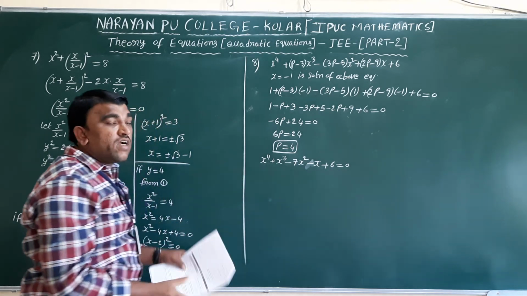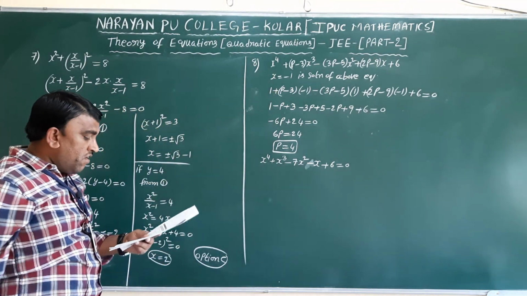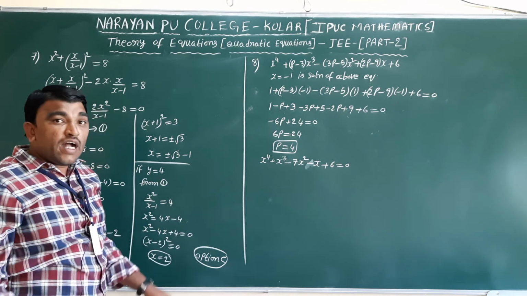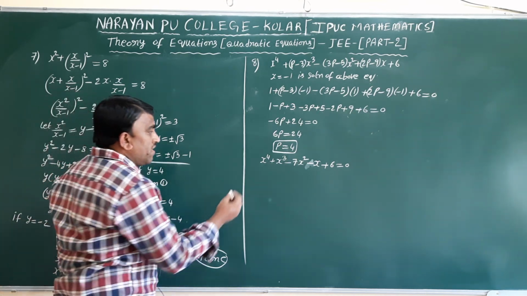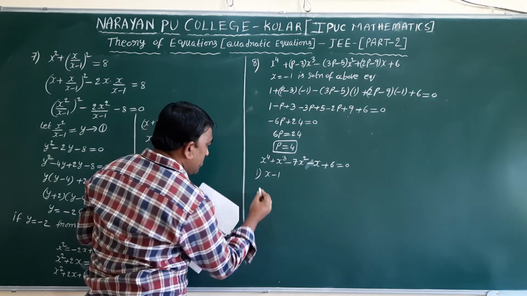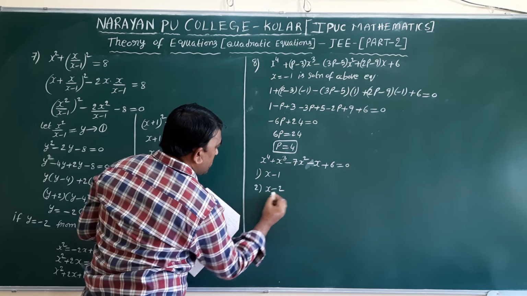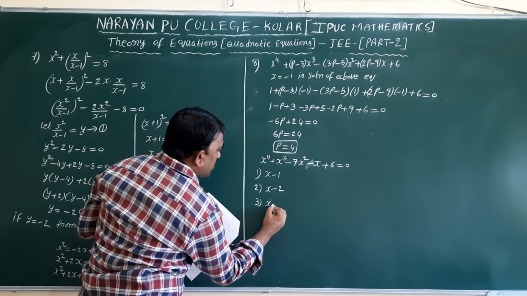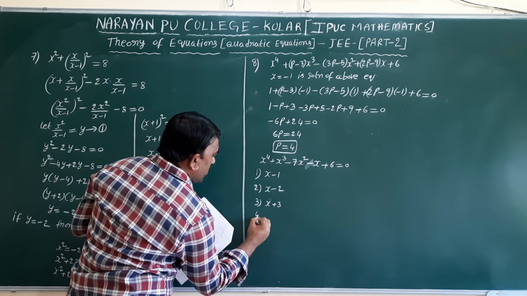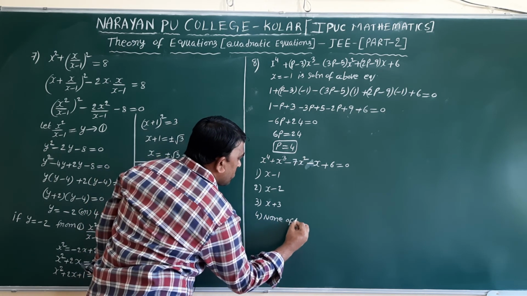That equation we got after x plus 1 is the factor. Now question is which one is not other factor they said. While taking the option we come to know that directly. One is x minus 1, another one is x minus 2, another one is x plus 3, last one is none of this.